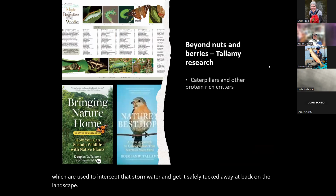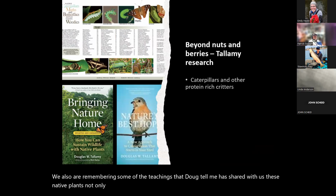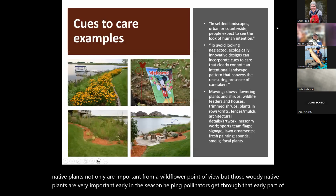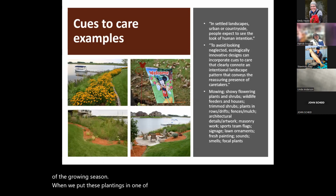We also are remembering some of the teachings that Doug Tallamy has shared with us. These native plants not only are important from a wildflower point of view, but those woody native plants are very important early in the season, helping pollinators get through that early part of the growing season. When we put these plantings in, one of the things we often see and coach people to perhaps think about